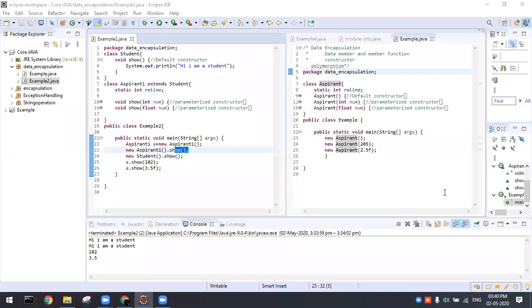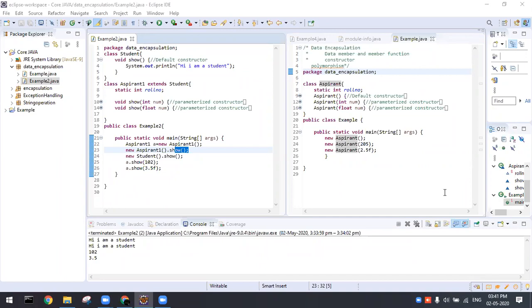So far we have discussed how to do method overloading and method overriding, right? Method overloading is nothing but the same method name with a different signature. A different signature means a different type of argument, number of arguments, and order of the arguments. That's what we discussed. That is actually compile time polymorphism.